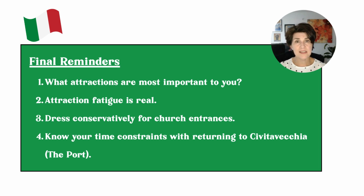So this might be a great day for a summer dress. That's what I wore. Or I usually wore pants that could be rolled up. And they definitely usually want your shoulders covered. So that could mean just bringing a scarf with you or wearing a shirt that has sleeves on it. It's a little harder when it's so hot because the tendency is you just want to wear short sleeves. But keep that in mind. And of course, we're in their home, so let's be great guests. And know your time starts to get back to